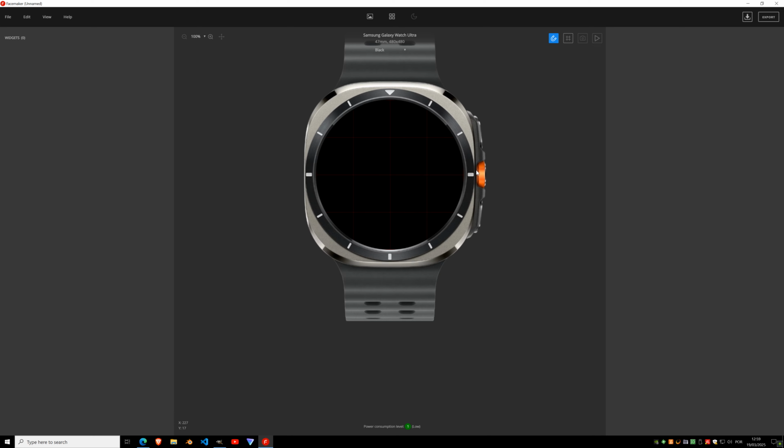And there are some things you should know beforehand. For example, when you're building a watch face for Wear OS, the watch face will be one size fits all. So the watch face you build will work on any Wear OS watch, whatever the display size is. Okay, so if you're thinking about sharing or distributing your watch face, you should always build for the largest display. This way,